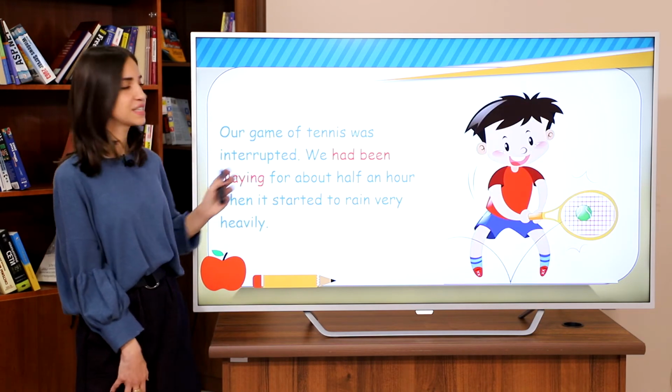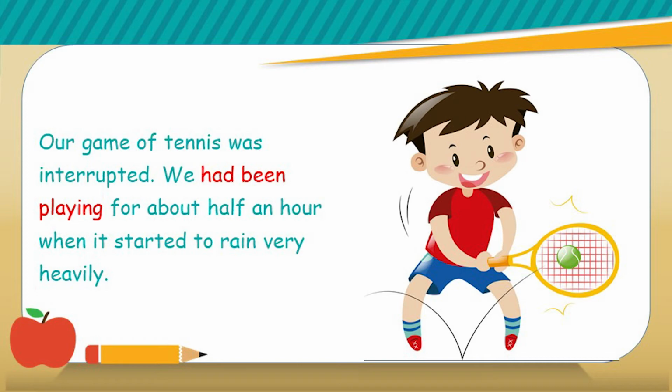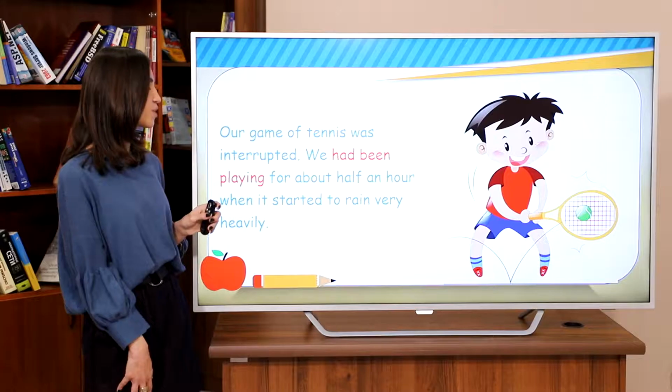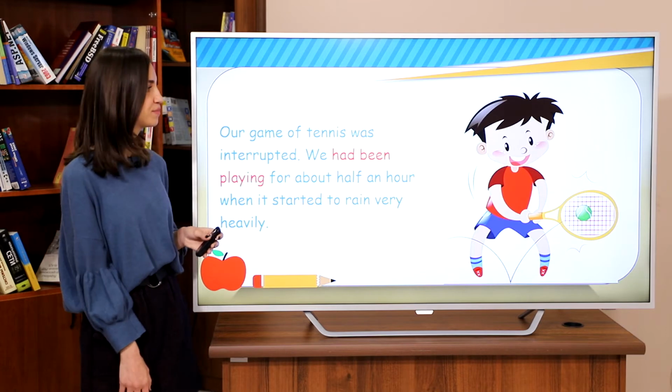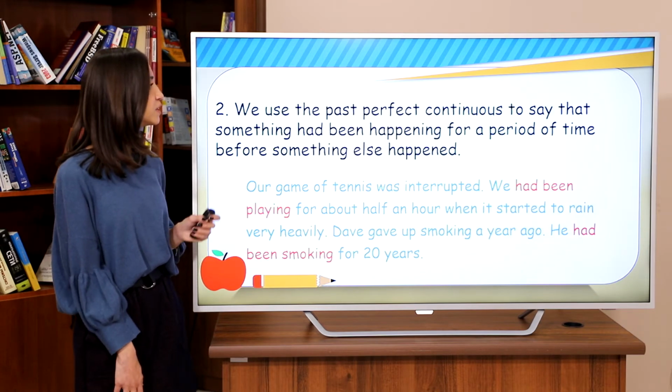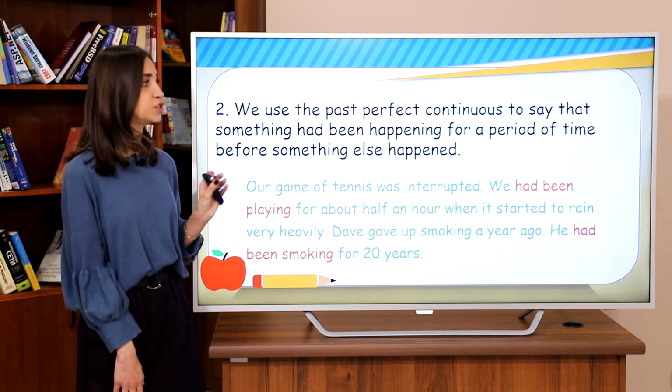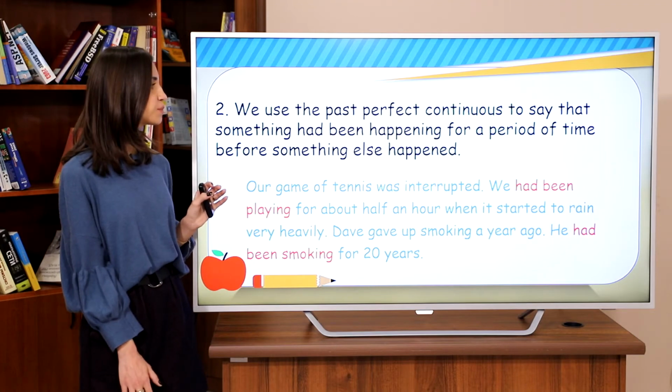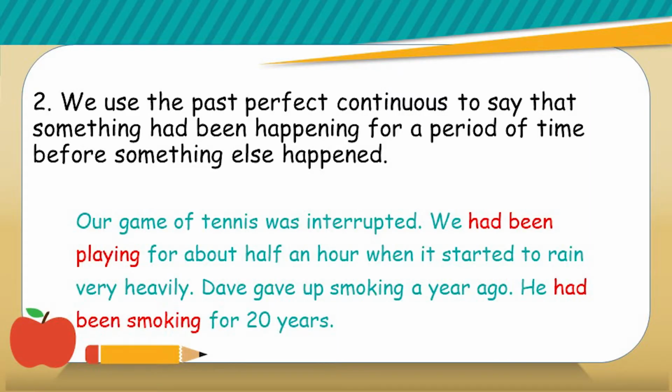Now let's read this example. Our game of tennis was interrupted. We had been playing for about half an hour when it started to rain very heavily. So, we use the past perfect continuous to say that something had been happening for a period of time before